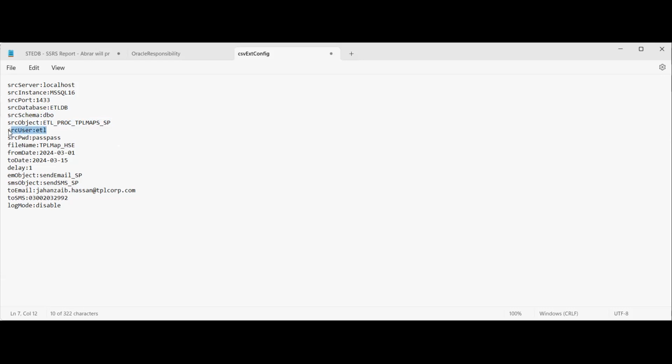This is the user in SQL Server source. This is the password of SQL Server. This is the file name prefix. You can use any type of prefix, HSC,